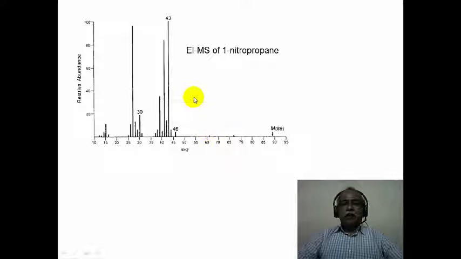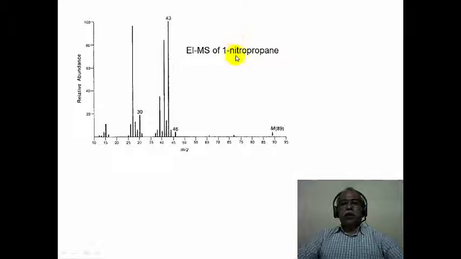In the case of an aliphatic nitro compound, loss of 46 mass units corresponds to the NO2 functional group. So the 46 loss essentially corresponds to the loss of a nitro functional group from the molecular ion. In fact, you hardly see the molecular ion intensity at all. Just an arrow is showing that the molecular ion should have come in this position. You don't see the molecular ion. However, loss of 46 corresponds to 43.